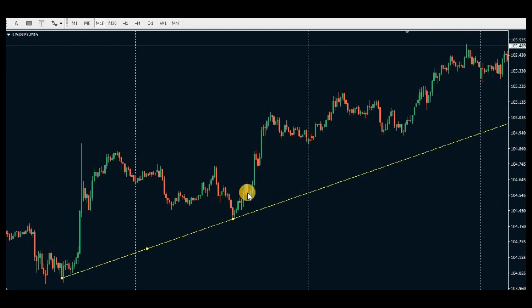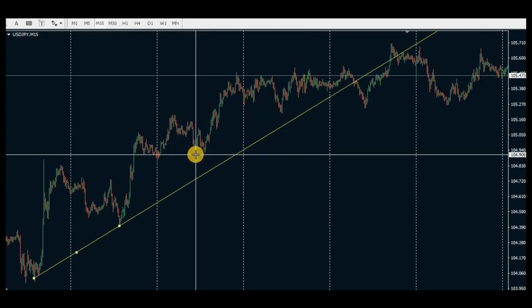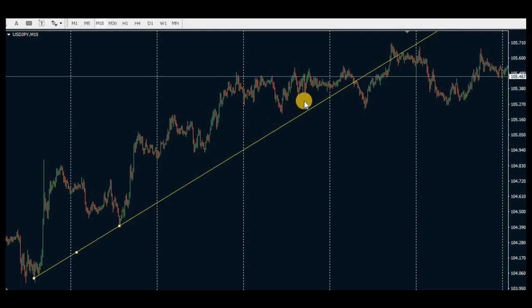This is another example. We are in a 15-minute chart in an uptrend. We draw our trend line based on our rules, and let me zoom out a little bit. As you can see, there are lots of points that the price hasn't touched our line, and these are the points where we have no touch if we draw our trend line in 15 minutes. But let's go to